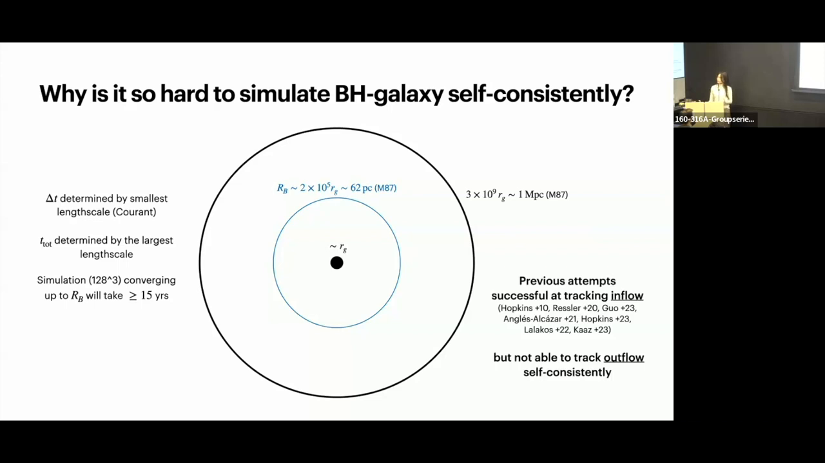There have been recent attempts to bridge the galactic scales to the horizon scales using different methods. And they have been very successful at tracking the inflow, or accretion, or advection of energy from the largest to the horizon scales. However, to the best of our knowledge, there has not been a simulation going from the black hole to the galactic scales tracking the other direction, which is the outflow or feedback,